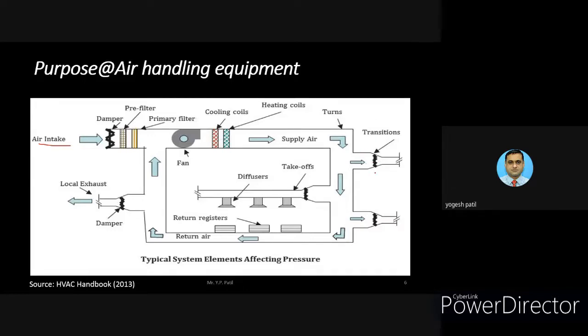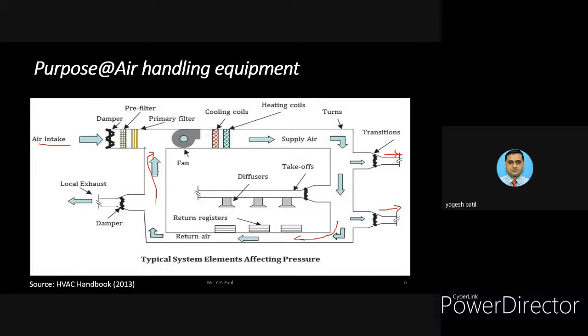Again there are dampers over here, and these particular sections go to the different zones of the building. And here some part is taken as return in this particular section. You can see this is the return here, and the return can either be exhausted outside through the dampers, or sometimes it can be reused. If it is reused, that is also possible.